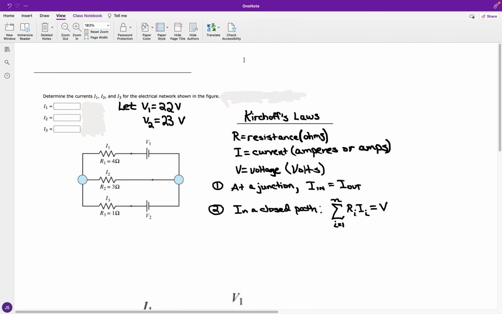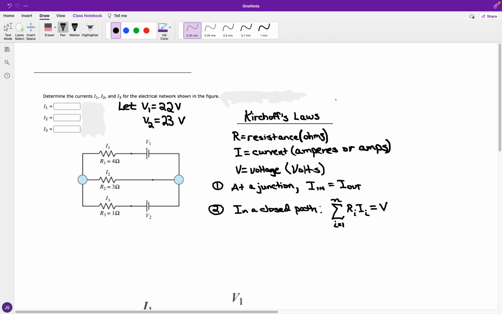Okay, for working with electrical networks, for this problem, it says to determine the currents I1, I2, and I3 for the electrical network shown in the figure. Referencing what are referred to as Kirchhoff's laws, we have for the variables,